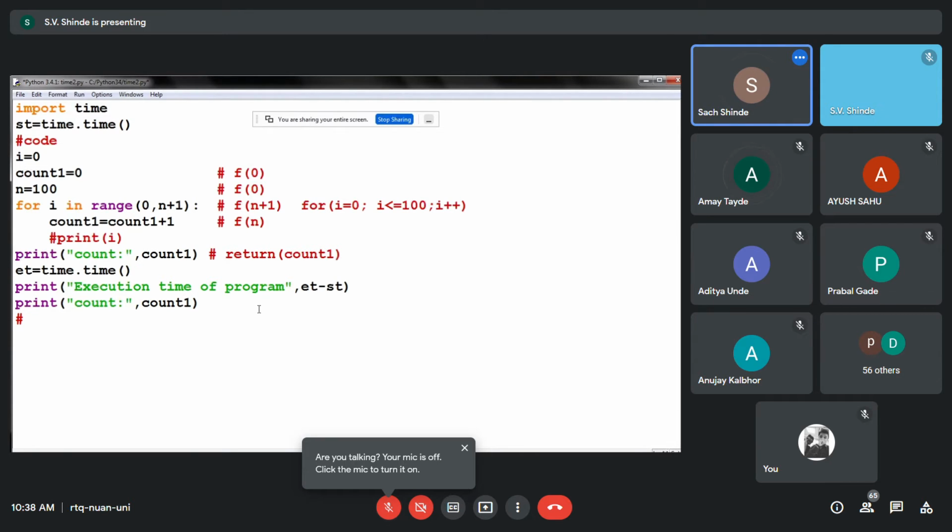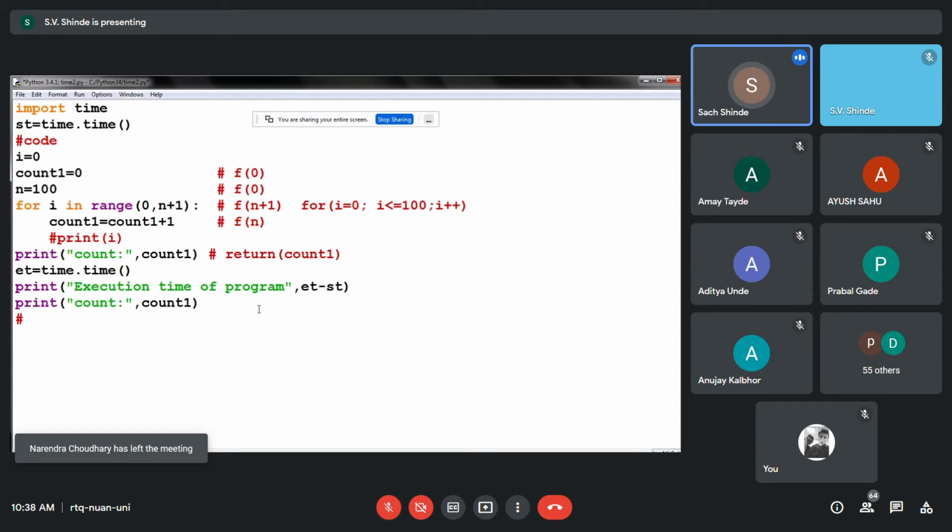It is n+1, since we took the for loop as n+1, and only one statement we are executing, that is count1 equals count1 plus 1. So we add n over here. Let us total all of this. It gives 2n plus 1.